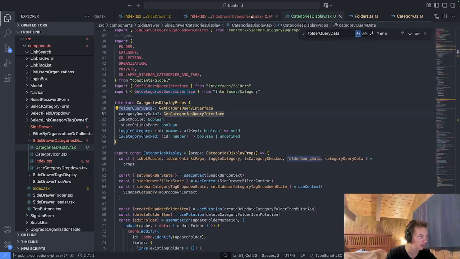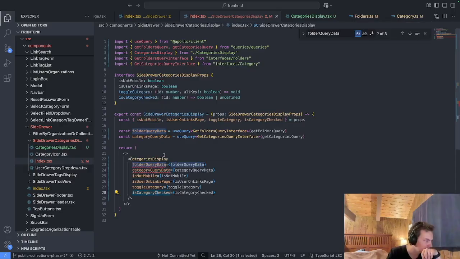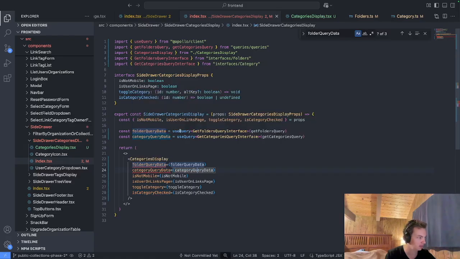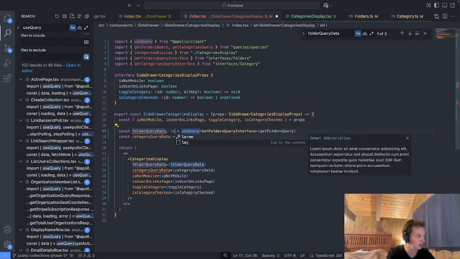Why are you unhappy? I get that the query result is a folder query interface or operation variables. Or is that saying, because useQuery can return more than one thing, like data and loading? So if I say loading,